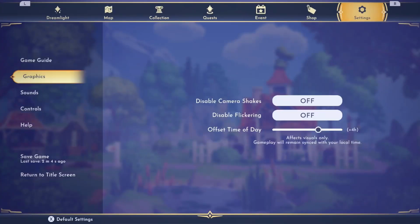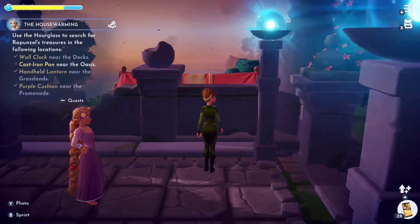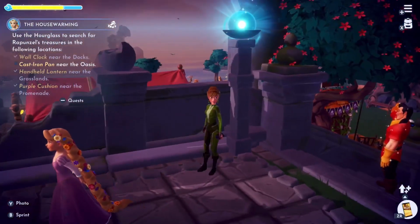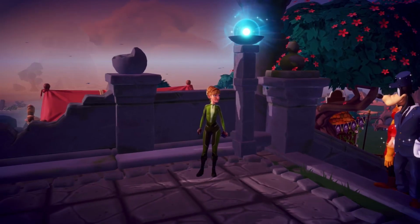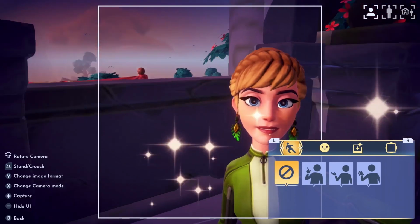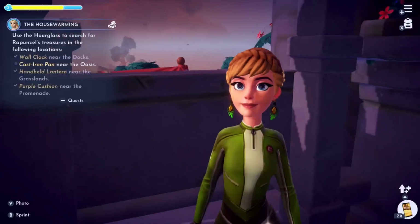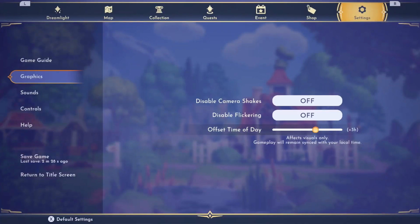Ooh, I'm so close. Let's try this. Maybe, maybe not. There's too many shadows around too, to probably make this work. Oh no, it'd be okay, maybe. Anyway, so play around with that. I'm going to reset where I was. Play around with that. That will help and get you really good, pretty pictures with the lighting,